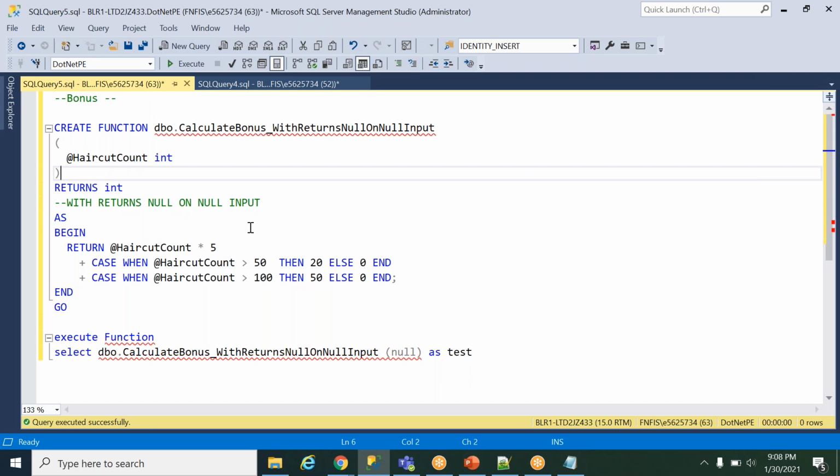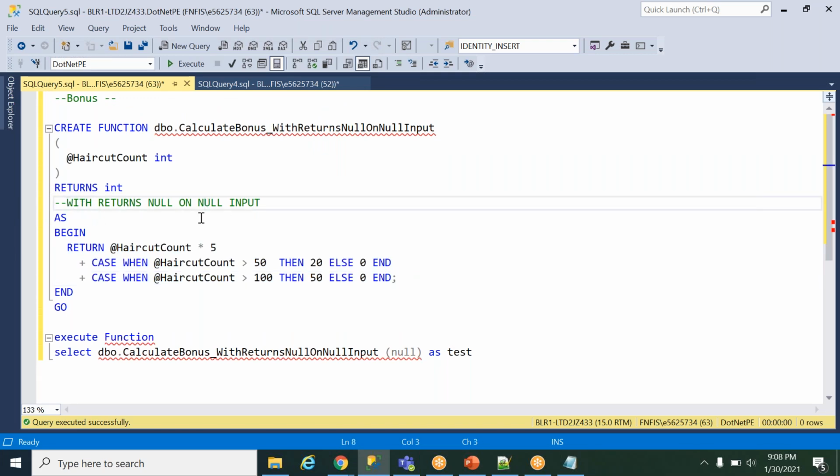Now see, when we are passing any null value to the function, there's no need to run all these statements. So if I put this statement here, it will not execute these lines, because it's unnecessary to execute them at runtime. So directly it will return the null.